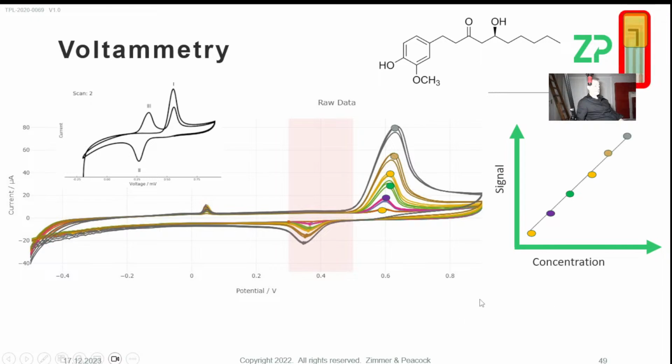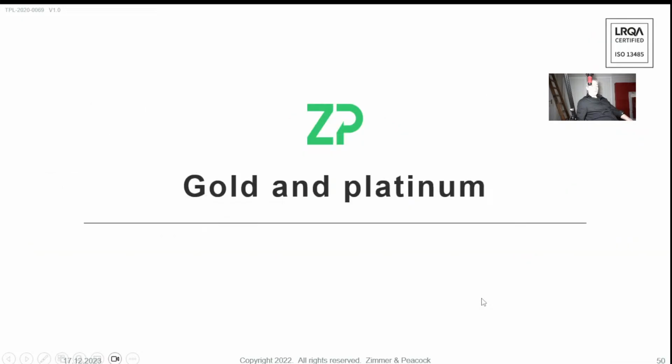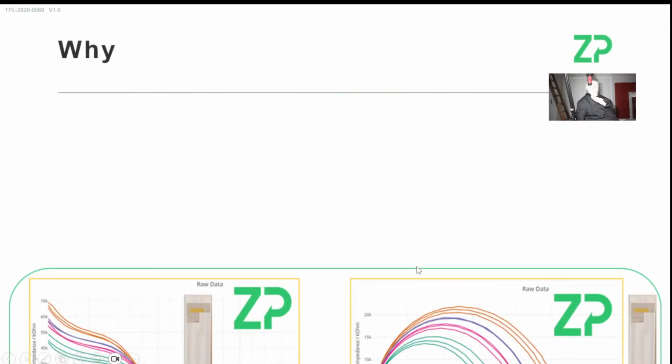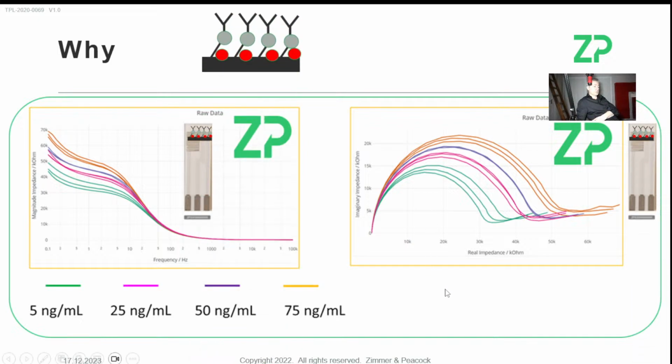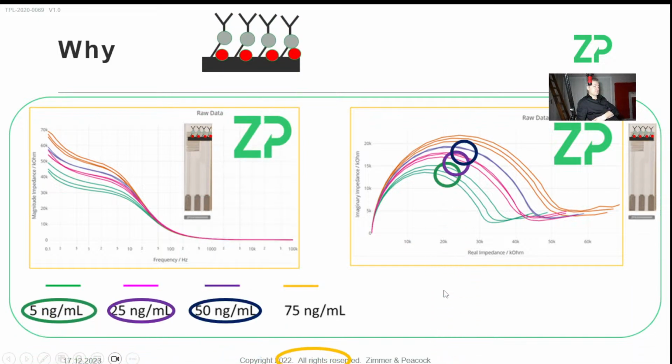That said, I just want to comment on gold and platinum. This is also in reference to question number 5, who's also asking for, I think, a platinum electrode as well. I do focus here on gold, just out of interest. Our gold electrodes are really good. We do use them a lot in aptamer work. So if somebody's come to us with a hormone, we might end up using an aptamer or an antibody, and we often use the technique of EIS. I do cover this quite a bit in some of our workshops as well. But we do use gold electrodes quite a bit in these kinds of immunosensor type assays.